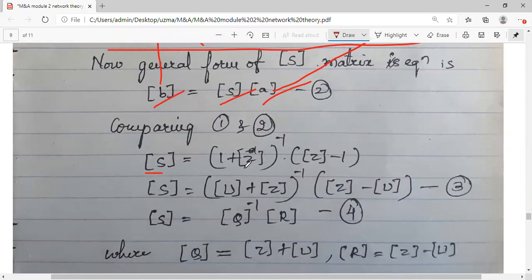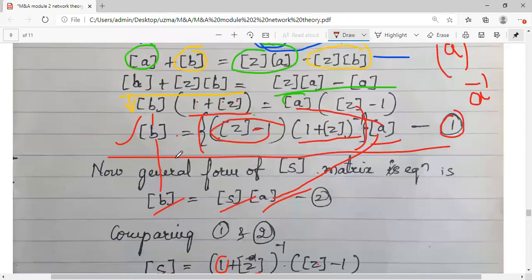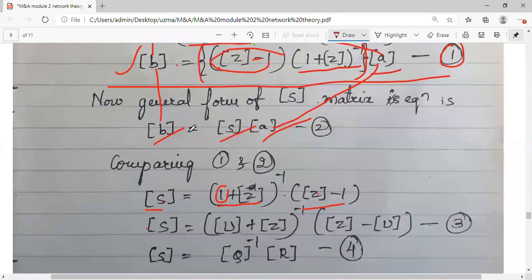Further I can do that. So 1 plus Z is equal to Z minus 1. You can exchange these two terms, no problem. Or S is equal to, instead of 1, I can write, because Z and S, whatever I am now dealing with here, as I told you, A, B, Z are all matrix forms, right? So if I replace this one by another matrix, it would be easy to add or subtract. So just to make a similar formatting, 1 I can replace with the identity matrix U, right? One is replaced with U.